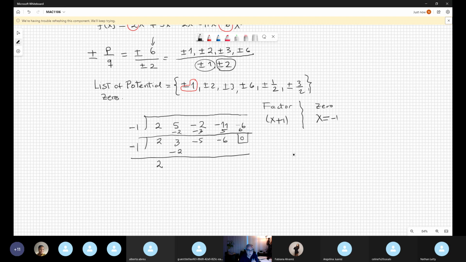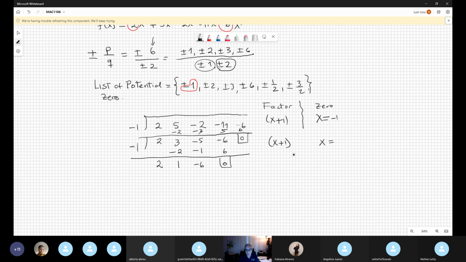Sorry. And 3 minus 2 is 1. And 1 times negative 1 is negative 1. And negative 5 and negative 1 together is negative 6. And negative 6 times negative 1 is positive 6. Wow, fantastic. So now I discover again the factor x plus 1 is a factor of the polynomial and the